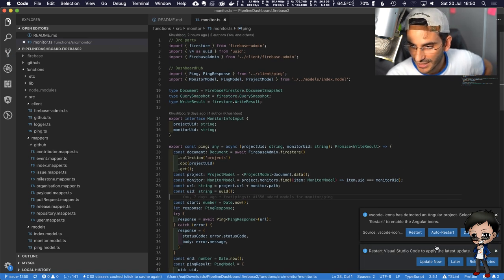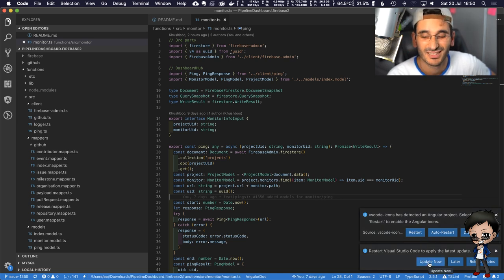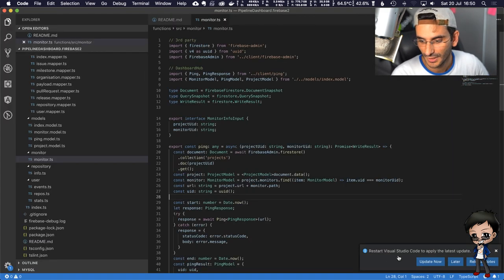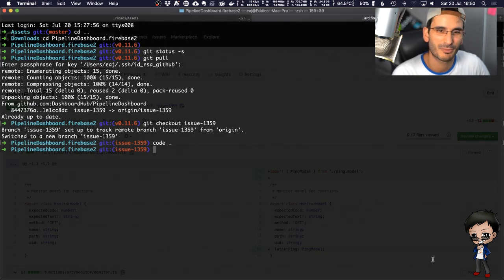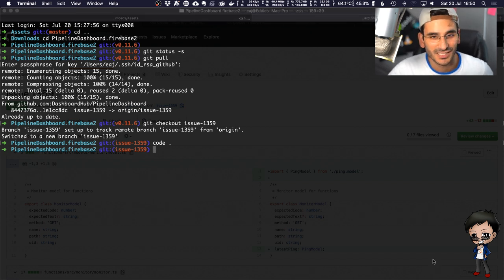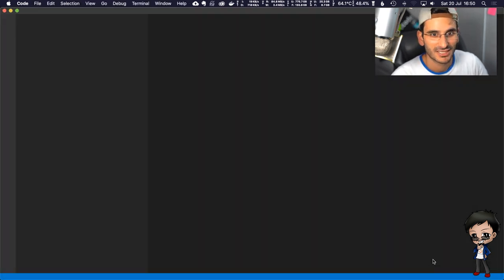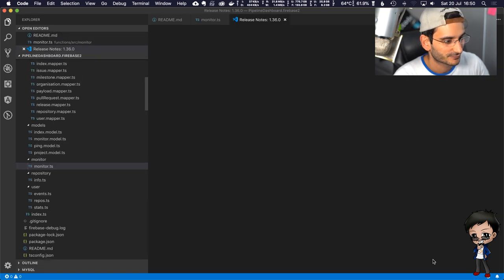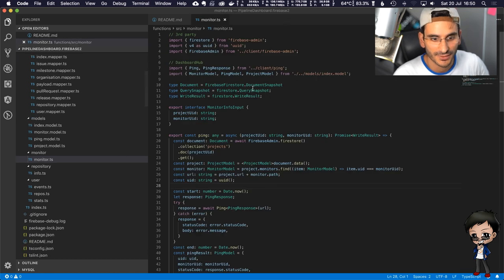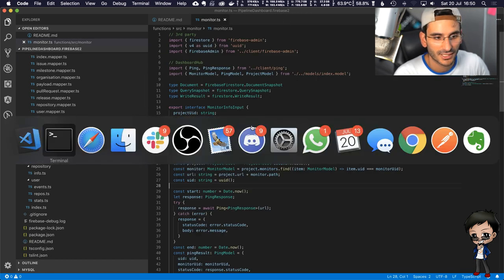VS Code icons detected Angular project, restart. Okay. Update now. Shall I update? I get some cool new features. No, I'll update later. Let's just restart it. Okay, so it really wants to update. It's usually pretty quick at updating. Now, having said that, and I'm on a live stream, I probably busted it. Don't know if you can hear my fans going, my iMac Pro. It's going for it. Okay, cool. So these are the new releases. I'm not going to go through that. That's fine. So we are in, let's have a look.